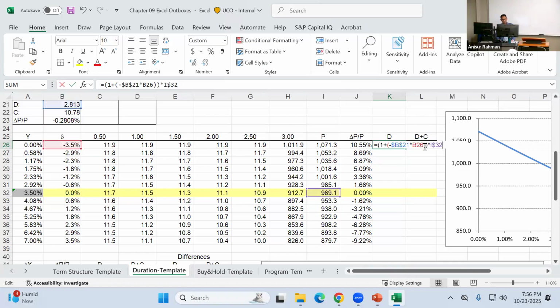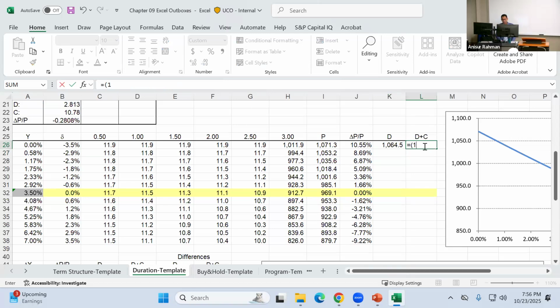This one. Yes. Let me see the answer, 1064.5. Yeah. So open parenthesis 1 plus open parenthesis minus duration lock times our delta